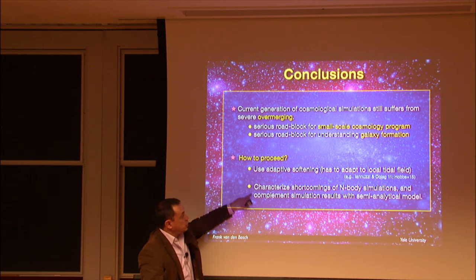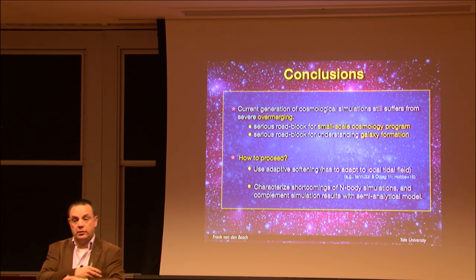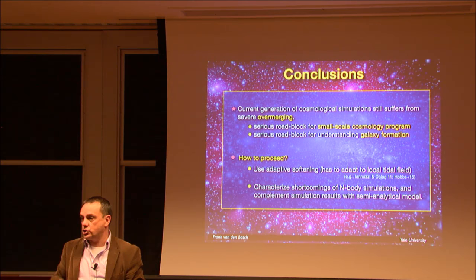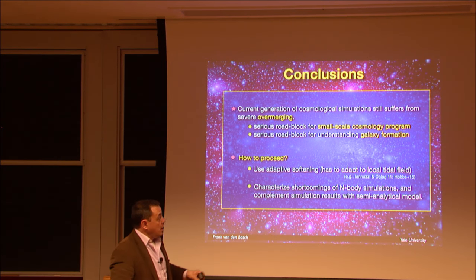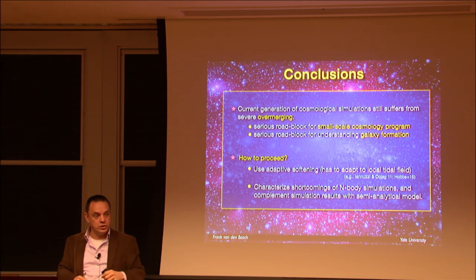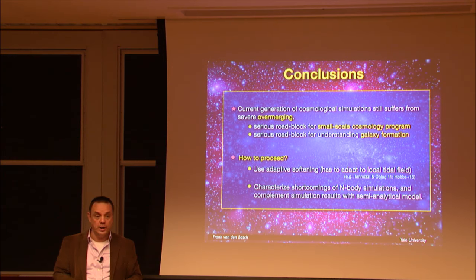So rather, what we're currently doing is characterizing the shortcomings of N-body simulations. We're integrating these 10 to the 7 solar mass halos, over a huge parameter space of orbits, mass ratios and concentration ratios, in the hope that that will allow us to make at least some correction to the cosmological simulations. It's not ideal, but I don't know of any better way of doing this.